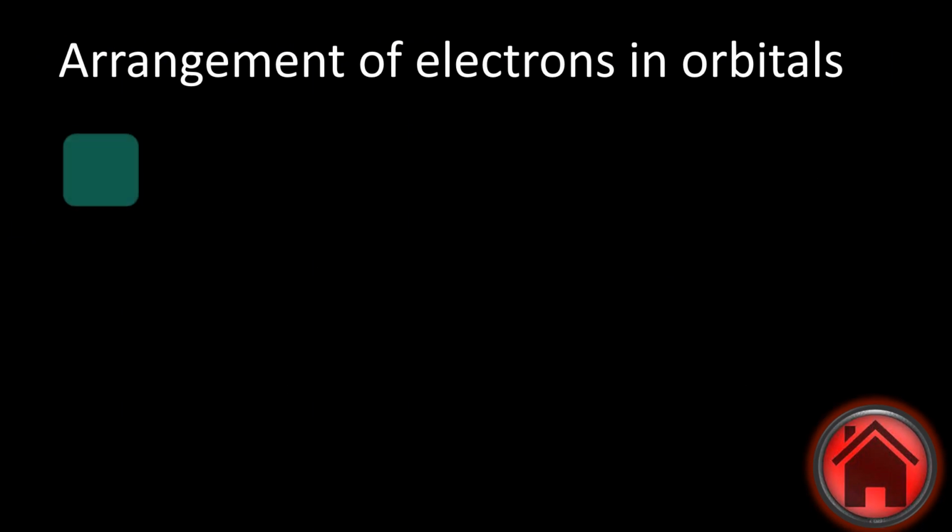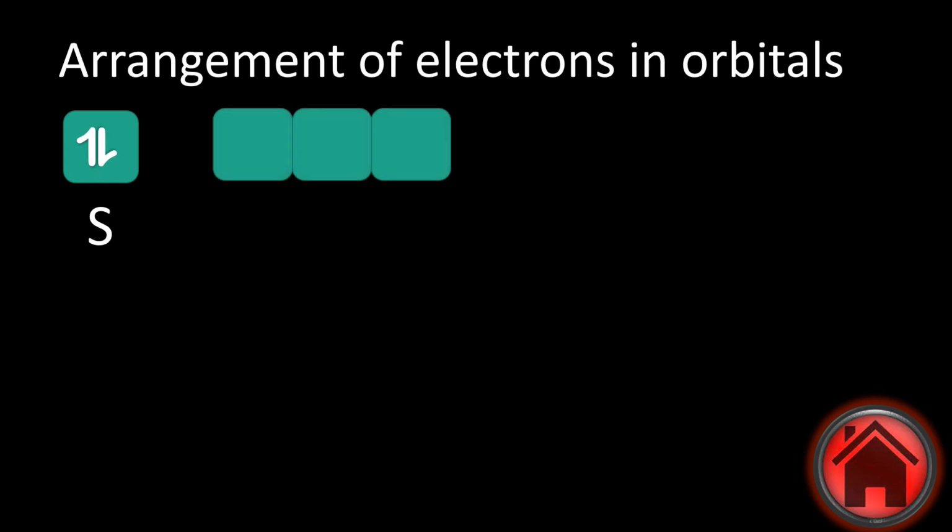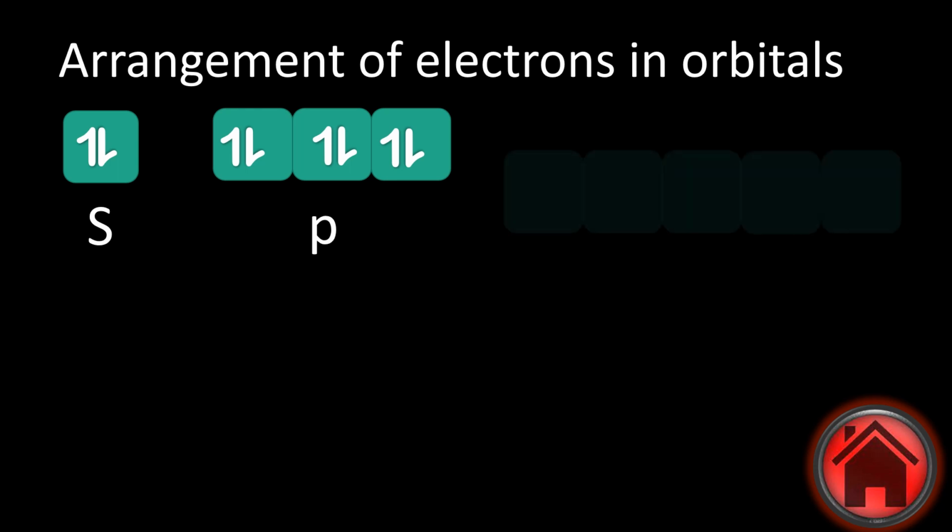Now, how will these electrons be placed? Arrangement of electrons in the orbitals, let us see. This is my s orbital. Observe very carefully, slowly. The first electron has occupied, then the second electron came and occupied. Then this is my p, it has 3 degenerate orbitals, children. So each degenerate orbital will be occupied singly first: px first, then py, then pz. Then they will be paired, that means the second electron will be filled over like this.